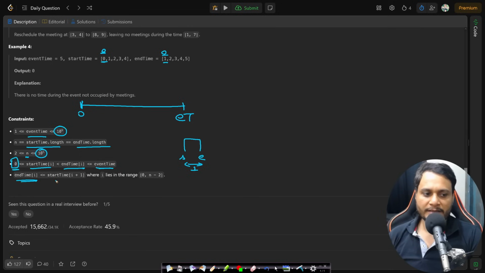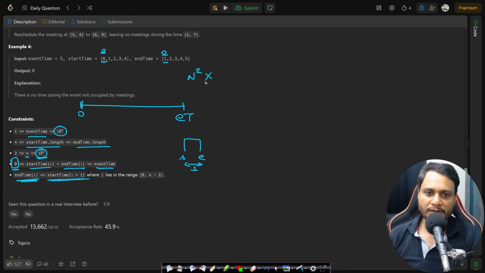End time at I is less than or equal to start time at I plus 1, indicating that there are no overlaps. If this were given as 2 E2, then there would be an overlap here, but due to the constraint mentioned, end time at I less than or equal to start time at I plus 1, there is no overlap. Just by looking at the number of meetings, 10 to the power of 5, you can